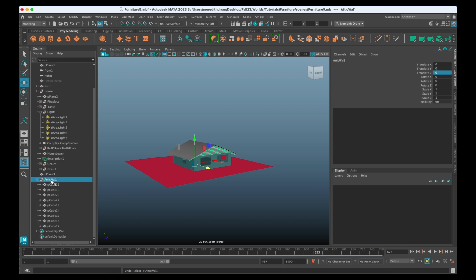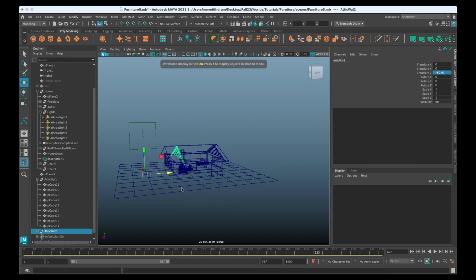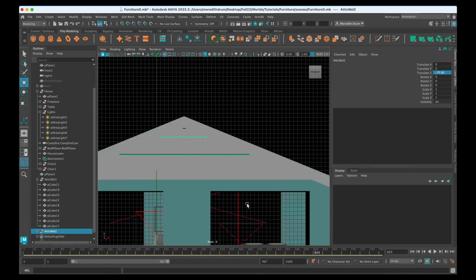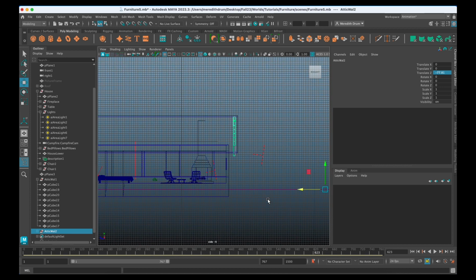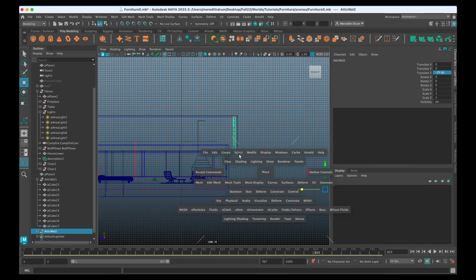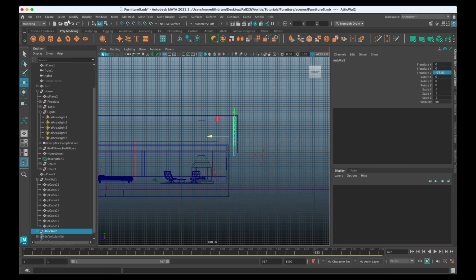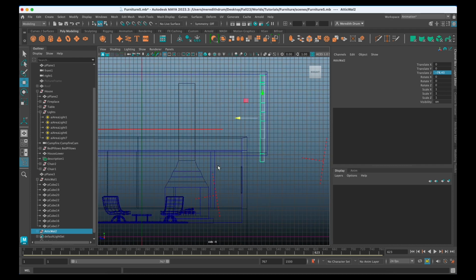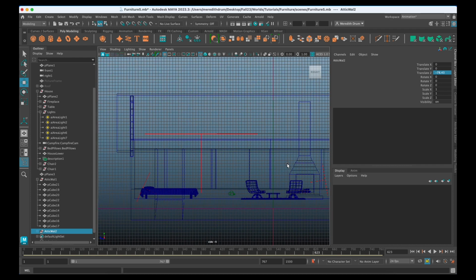Let's duplicate that. So we have attic wall 2, and we may have to change the orientation of that face board. Let's get it over. We could look at it from the side view. We can also center the pivot, modify center pivot, which you can also find up here. And then we can put that here, at the, see where it is on the other one.